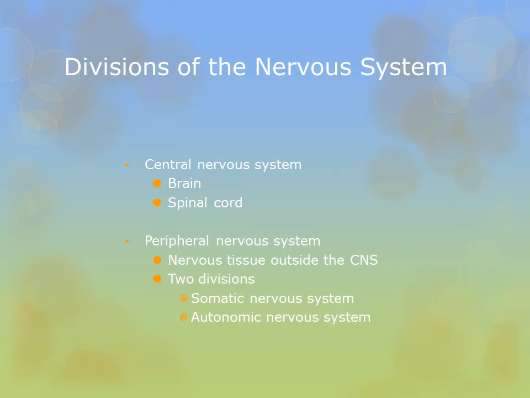it's primarily divided into two divisions, the somatic and the autonomic nervous system. The somatic nervous system is voluntary control over skeletal muscles, so this allows us to talk, it allows us to walk, it allows us to take a deep breath when we want to, or to hold our breath when we want to. However, normal everyday breathing that we don't think about on a continuous basis is based on the autonomic